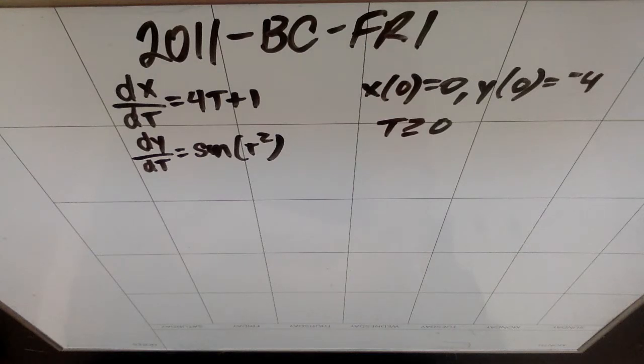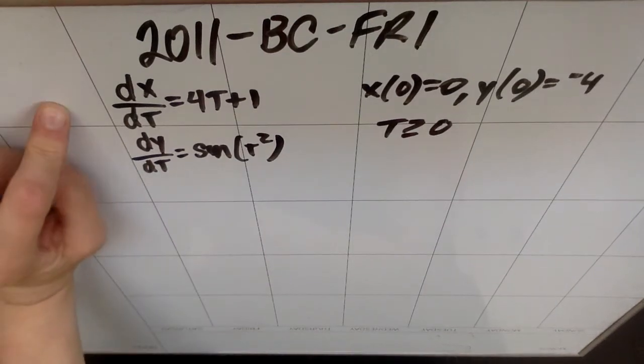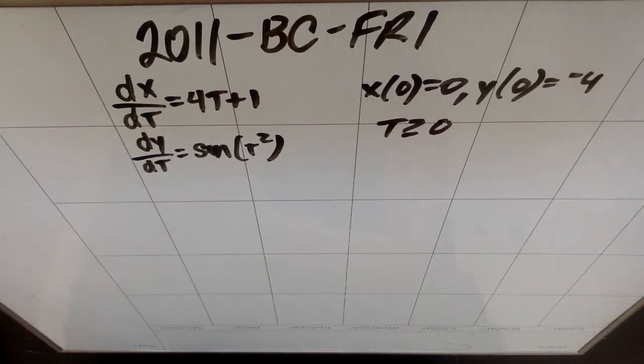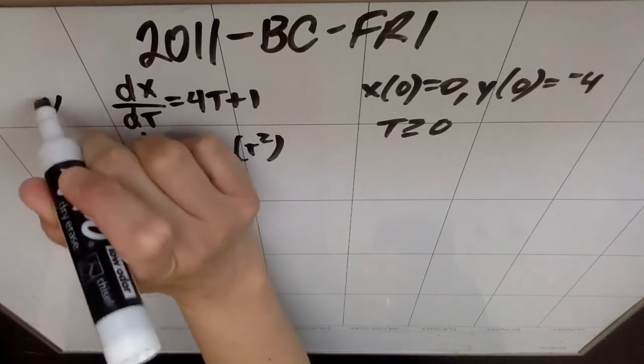At time t, a particle moving in the xy plane has position x of t comma y of t, where x of t and y of t are not explicitly given. For t greater than or equal to 0, dx/dt is 4t plus 1, and dy/dt is sine of t squared. At time t equals 0, the position is given as x of 0 is 0 and y of 0 is negative 4. All right, so first thing I did is I put this guy in as my